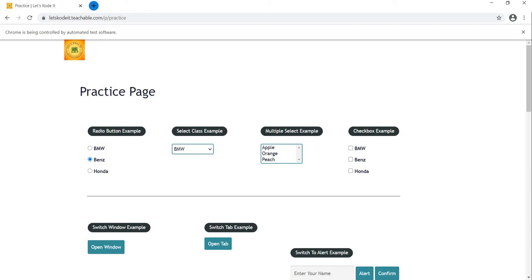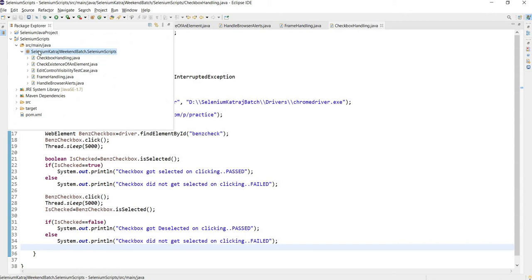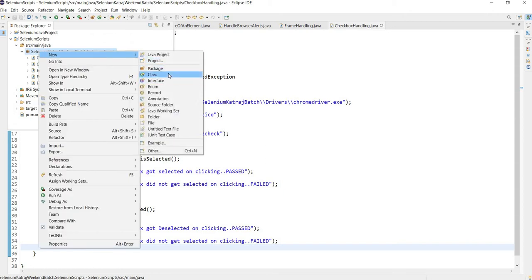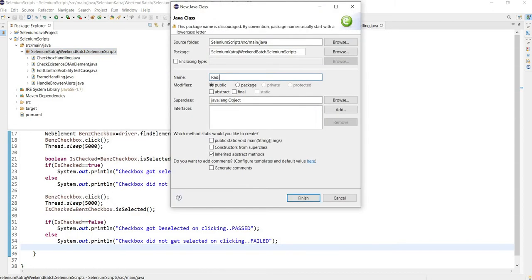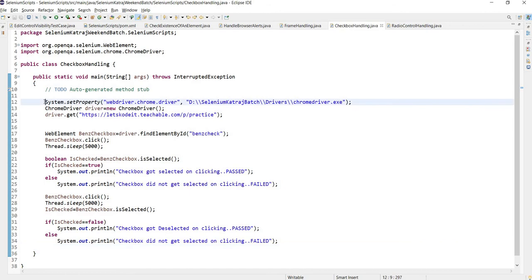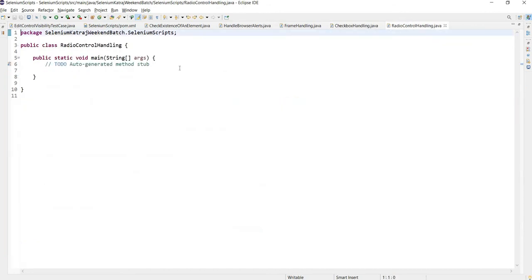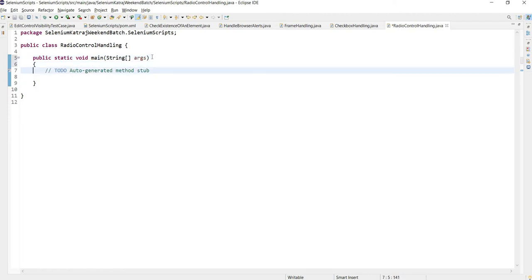Okay, let's get started. Let's first create a Java file. I'll create a class file here, radio control handling. Right, and now let me take these 3 lines.